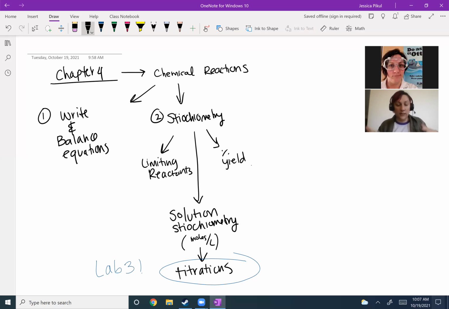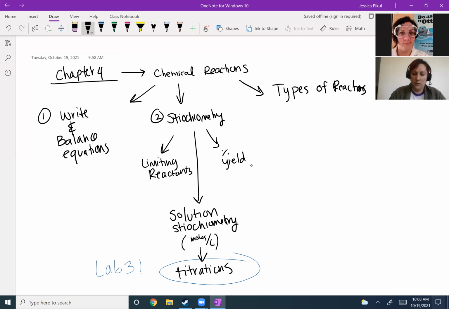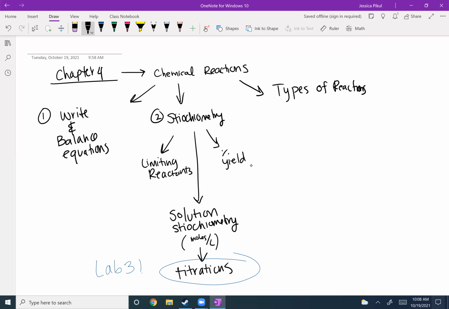Okay, so that's a really big chunk of the math part of this, but then there's a third part, which is the different types of reactions. And there's a few different categories within that. Within these types of reactions, we have acid base, gas evolving,